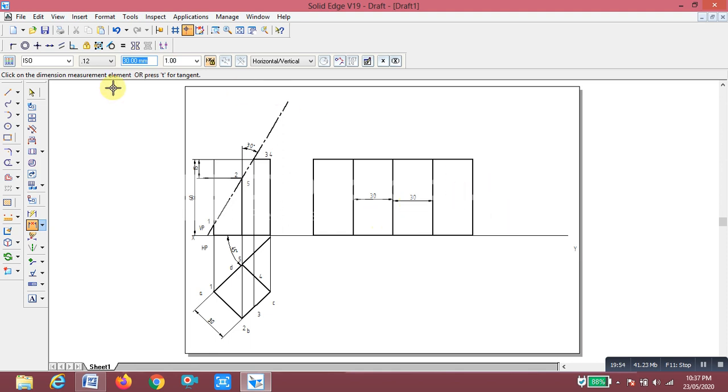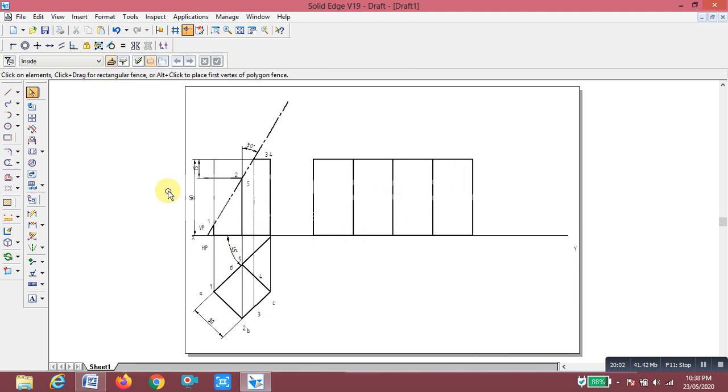Now the distance between this and this is 120, and you show at least one dimension, 30.